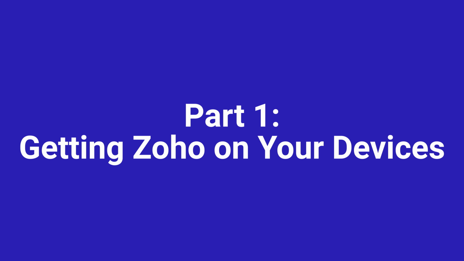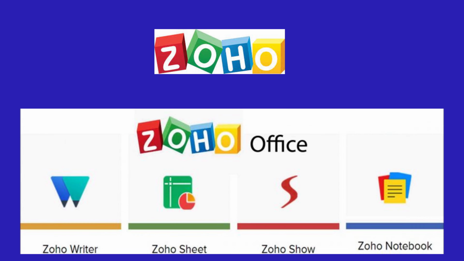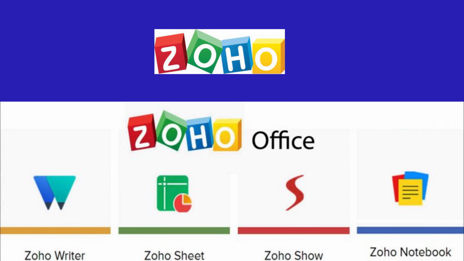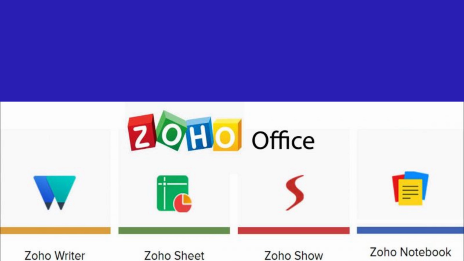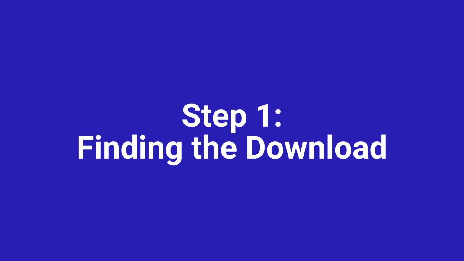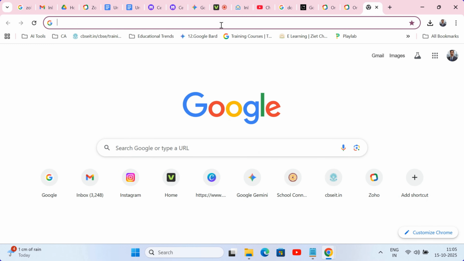Part 1. Getting Zoho on your devices. Alright, first thing first, let's get Zoho's powerful suite of tools right onto your devices. It's a straightforward process. Step 1. Finding the download. First, open your Chrome browser. In the search bar, I want you to type